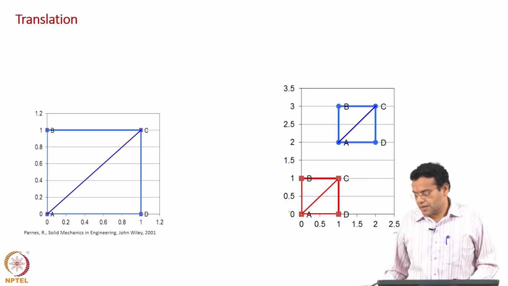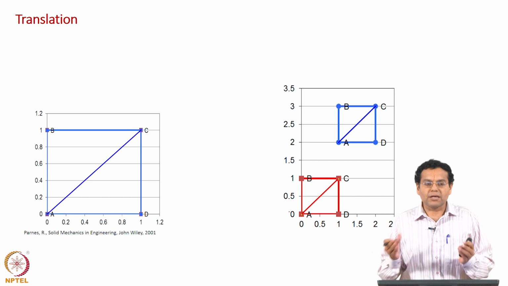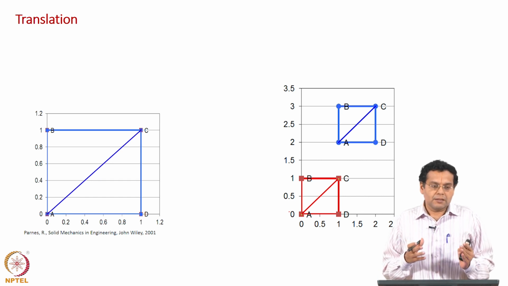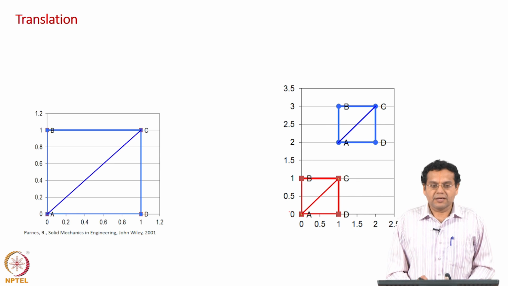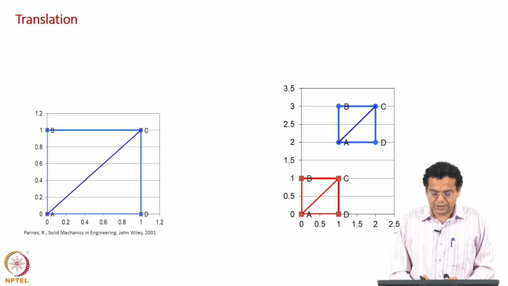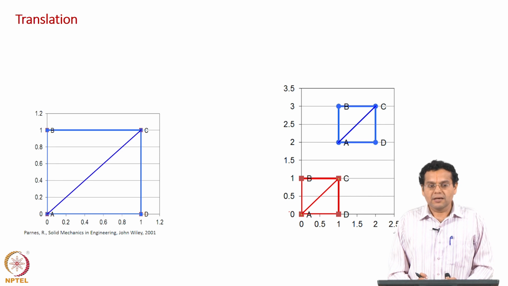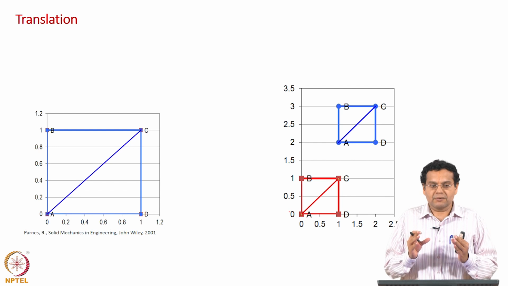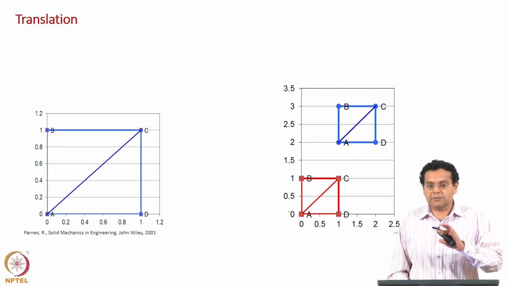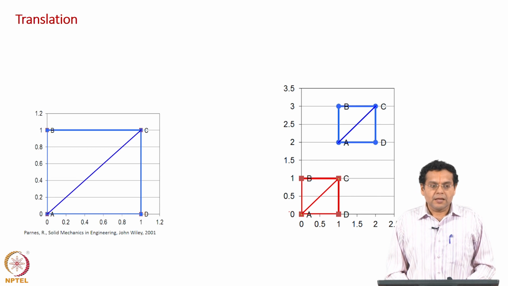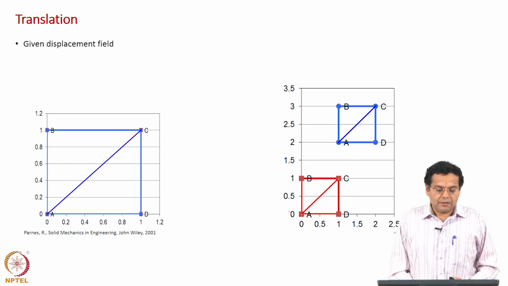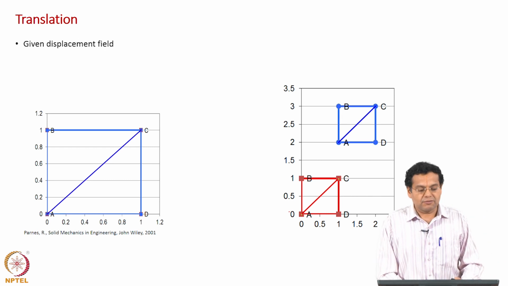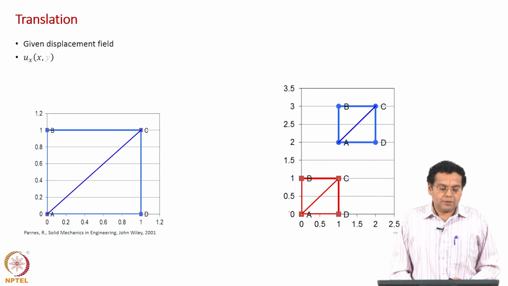Now, we are proceeding towards finding a quantitative relationship between the displacement field and the strain. Before that, what we will do now is qualitatively we will see how we can explain strain if you are given displacement field. We are going to derive quantitative relationship later. Before that, to get understanding, what we are going to do is qualitatively can I say whether we have strain or not, etc. So, let us start. We are given a displacement field. What is a given displacement field?